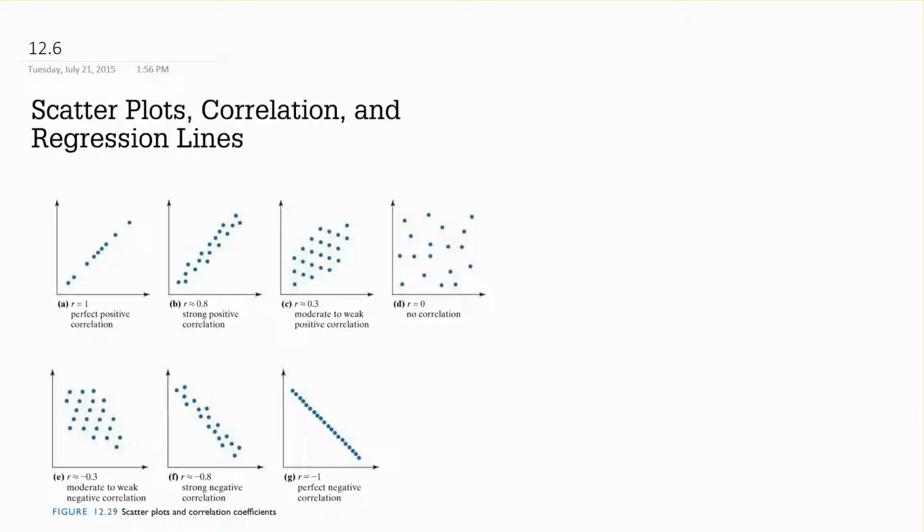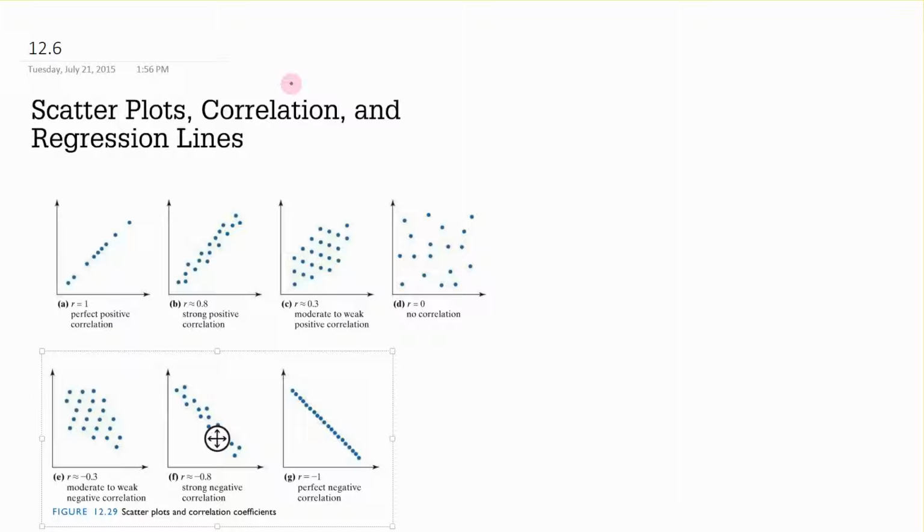This is lesson 12.6, and this is our last lesson in statistics. We're going to talk about scatter plots, correlation, and regression lines. All right, in this lesson, we're going to change it up just a little bit, and we're going to be